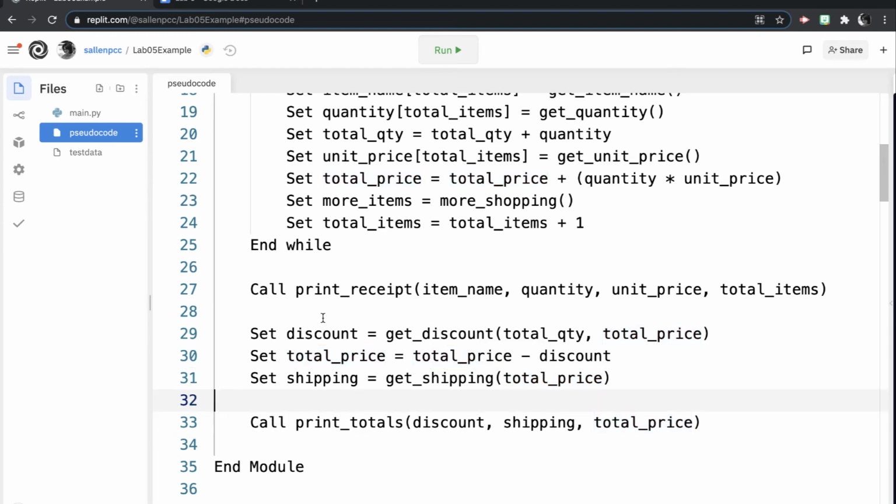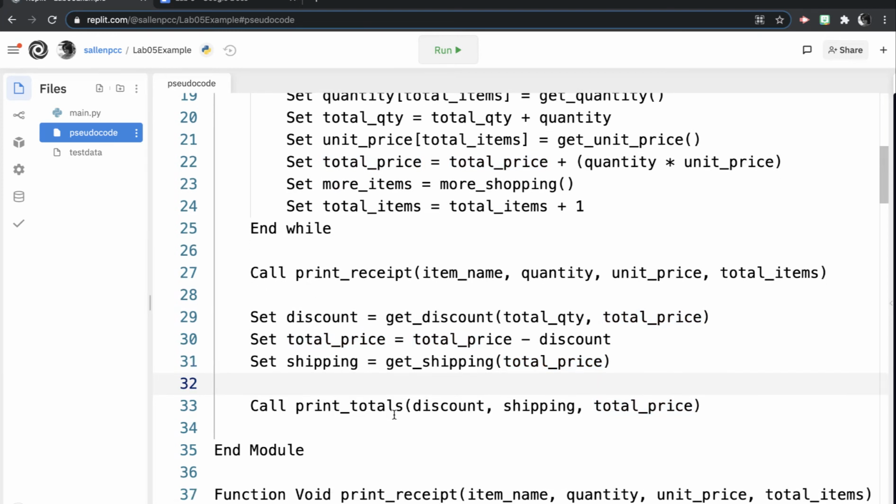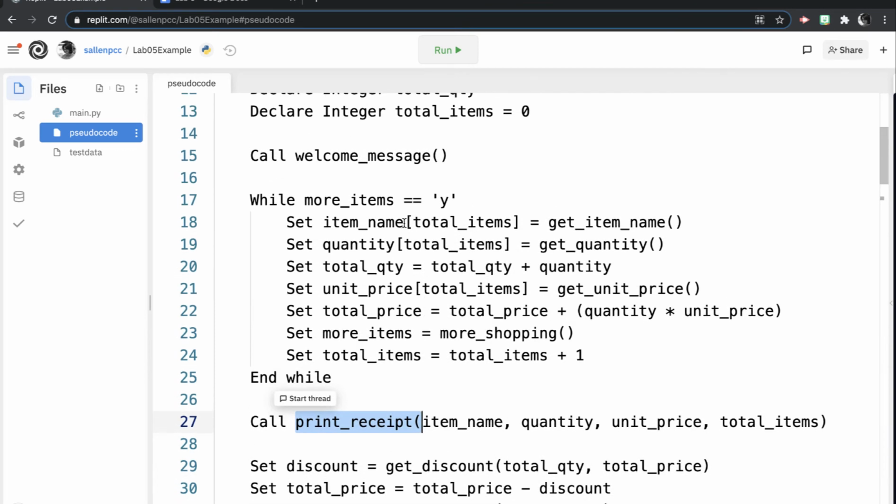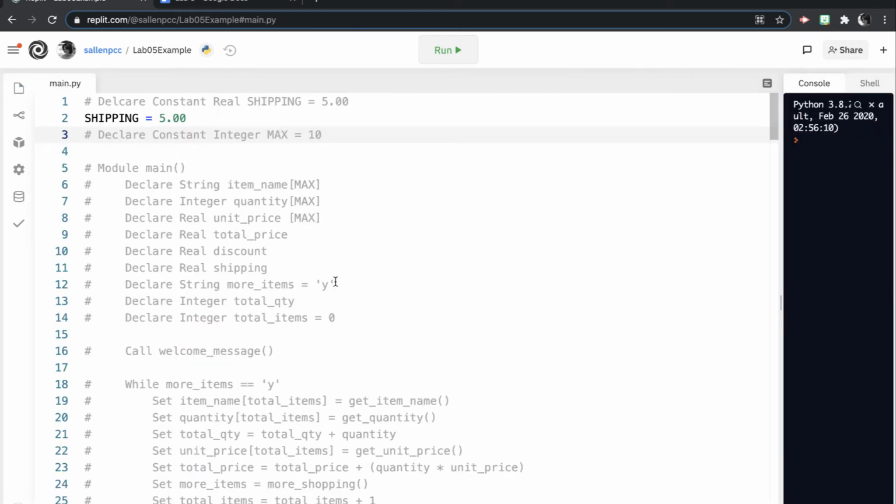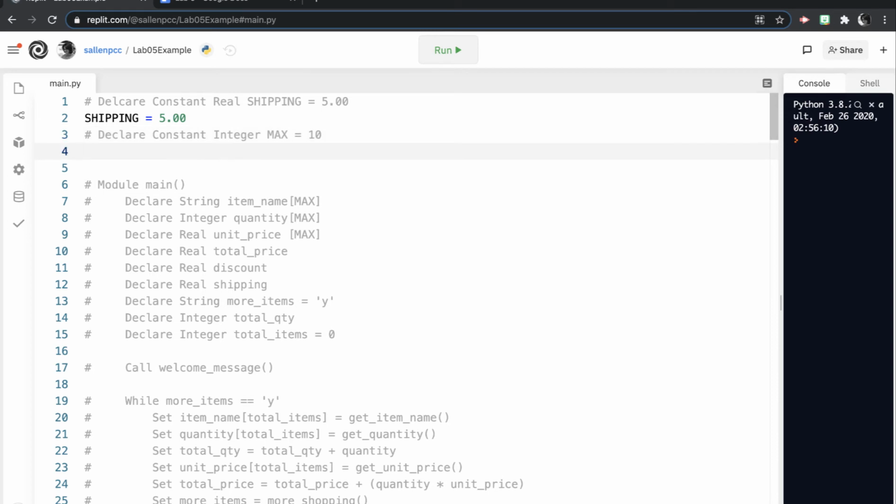So really, all I have to do in my program is add this print receipt to loop through the array and print out the receipt. And then I have to change item name, quantity, and unit price to arrays. So let's write our pseudocode as Python code. I'm going to first declare max, and I'll set it to 10. And then I'm ready to go in and change the variables